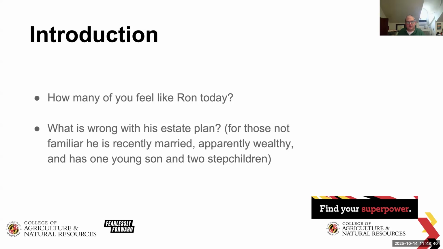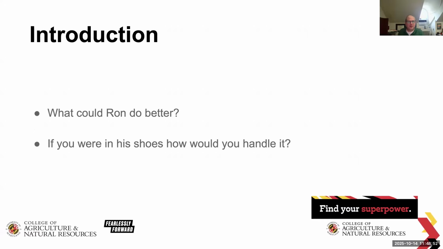But there are other things he didn't do well in this either. He didn't think about healthcare directives, powers of attorney, living wills, things we would expect folks in this situation walking into an attorney's office to deal with. What could Ron do better? As we're going to go through the examples, even with the families we're going to look at today, everyone could always do something better in this whole process, thinking about how to deal with certain situations and how to build upon it in a way that we set up a plan that will work.